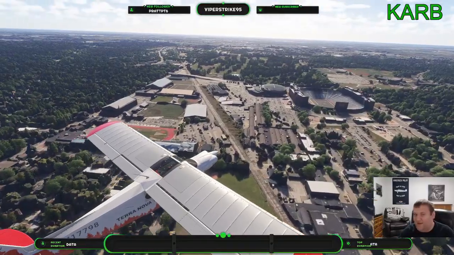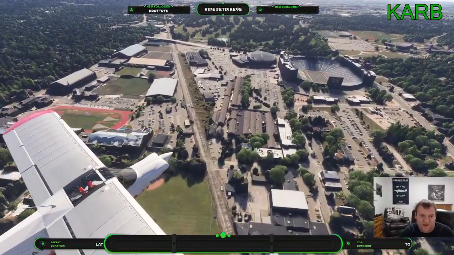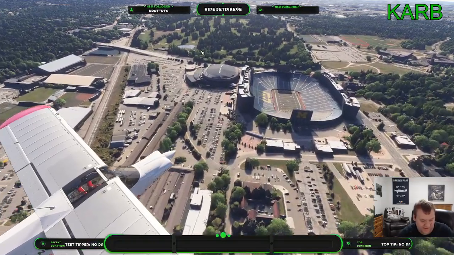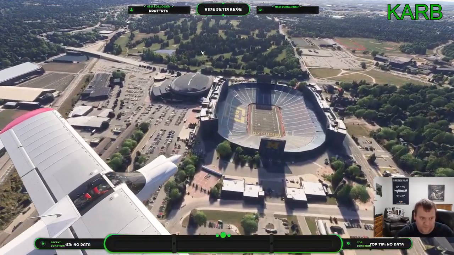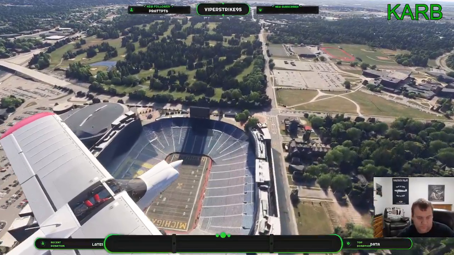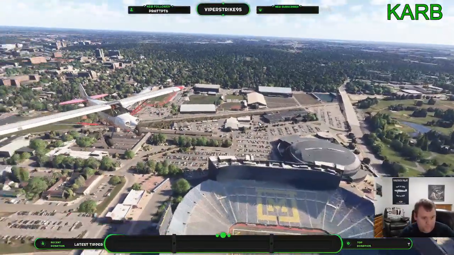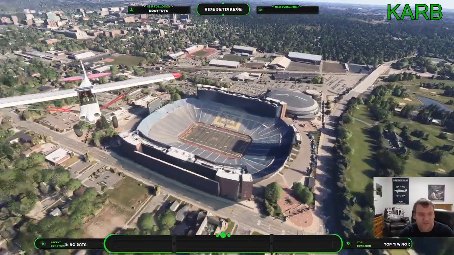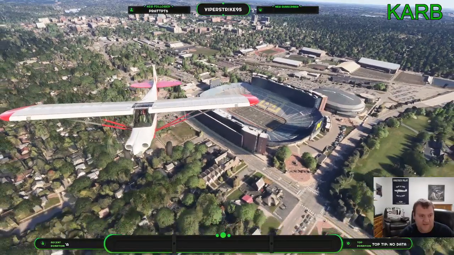It blows almost every other stadium in the world away in capacity. That is Michigan Stadium. Look how huge that is.